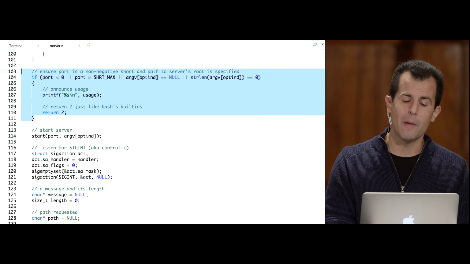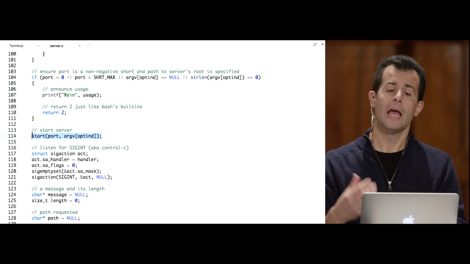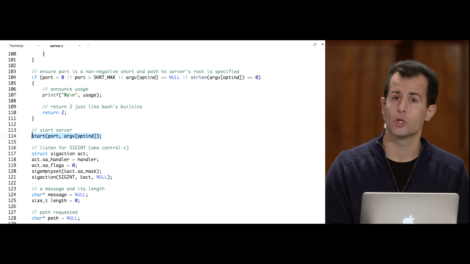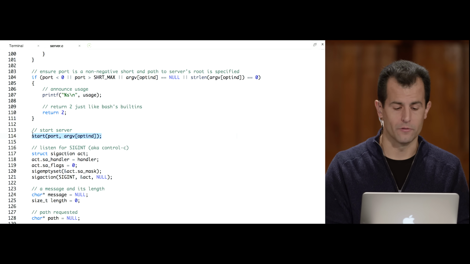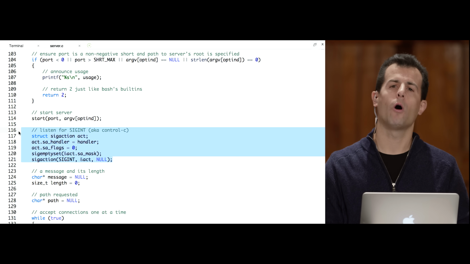And then some of the magic starts. We call this function start, which we wrote. We pass into it the port as well as any optional arguments in order to start the server, specifically that port number. All right, next, this is fairly cryptic code that you won't see too often, but it's a fancy